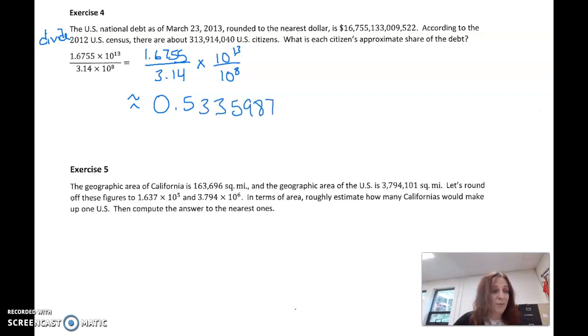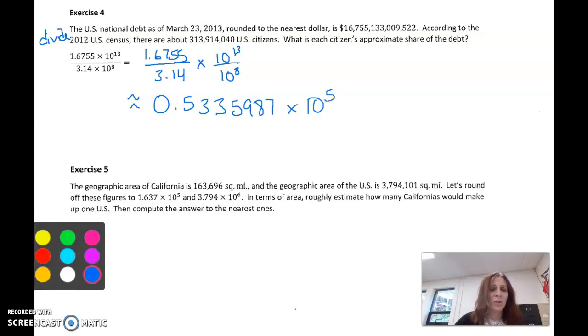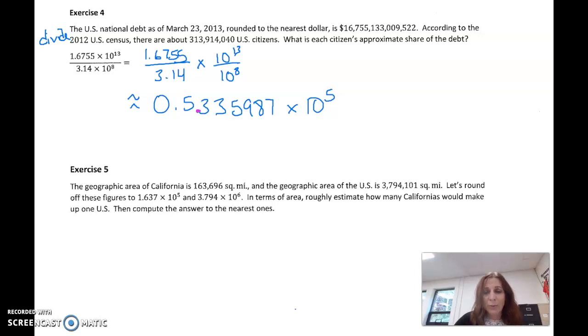0.53358987. Okay, round it a little bit there. Times 10 to the same base dividing, we subtract the exponents. So that's to the fifth. Not in scientific notation though. So remember, I want to take my decimal point and I want to put it right here. And I'm going to say that this is approximately 5.33, I might round here again. Make that 6